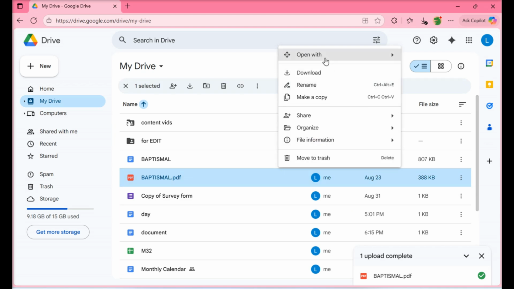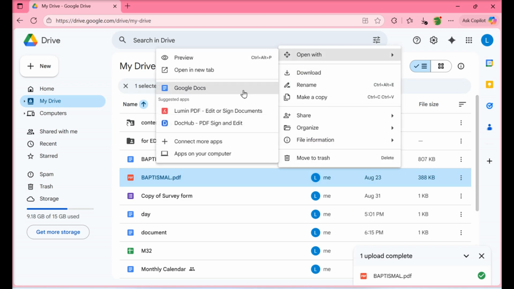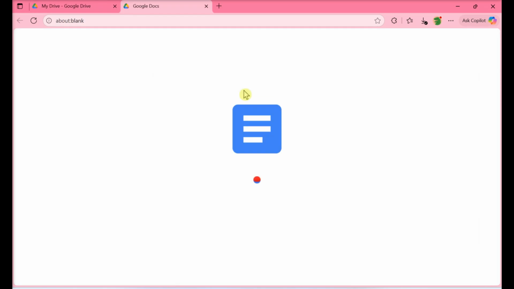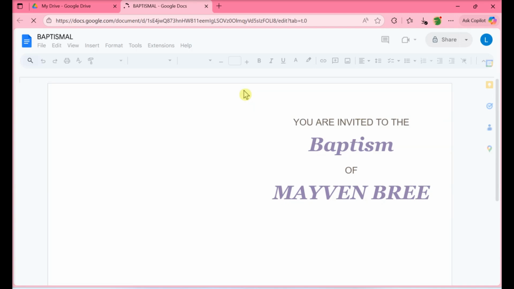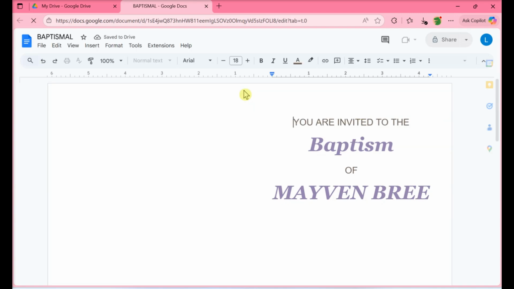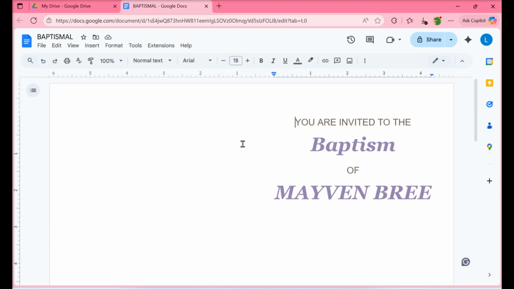Hover over the Open With menu. Click Google Docs. This will convert the PDF to a Google Doc file and open it in Google Docs for editing. If the PDF contained a lot of charts, images, and special formatting, those elements may not display properly in